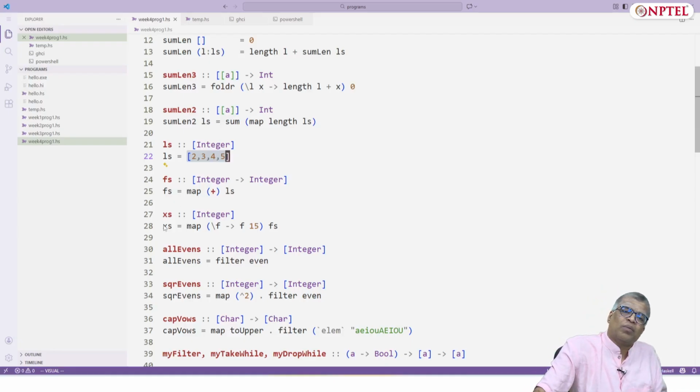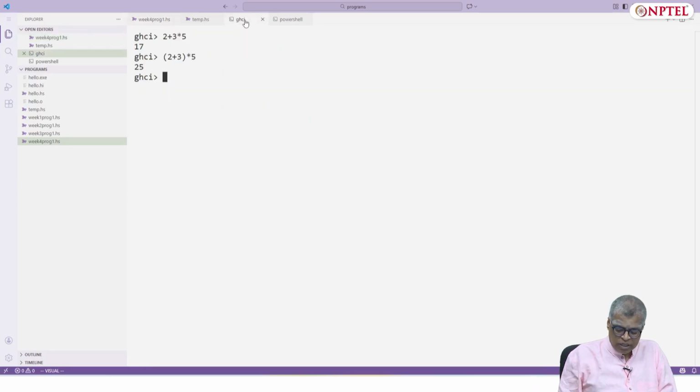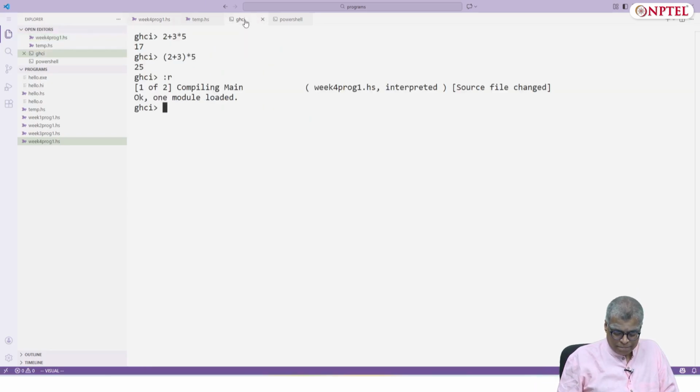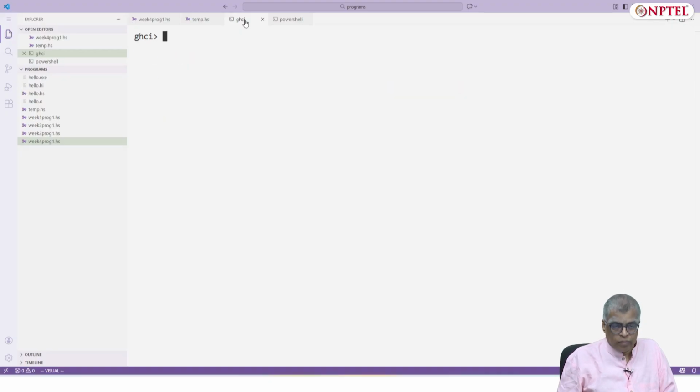But now see here what I am doing. I am applying the list of functions on a particular value. I am applying plus 2, and then plus 3, and then plus 4 and plus 5 on the number 15. So I will get 17, 18, 19, 20. Let's check what we get as a result. ls is 2, 3, 4, 5. xs is 17, 18, 19, 20.